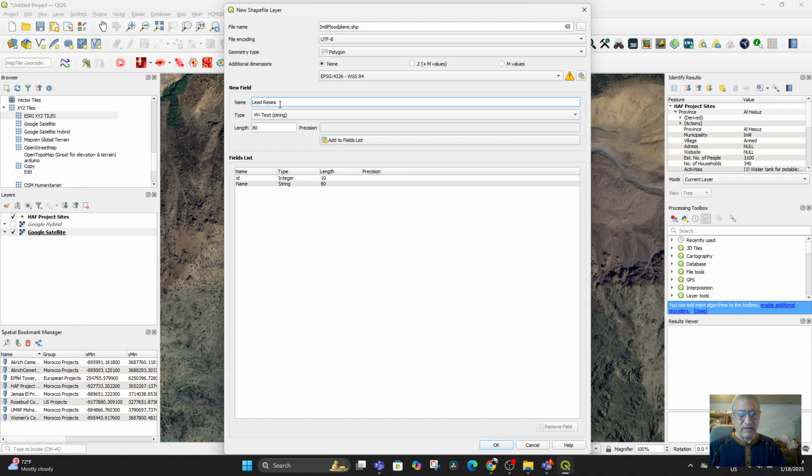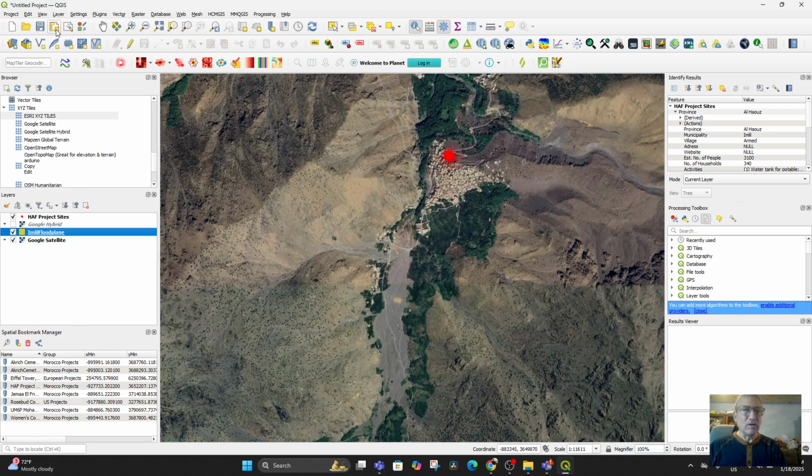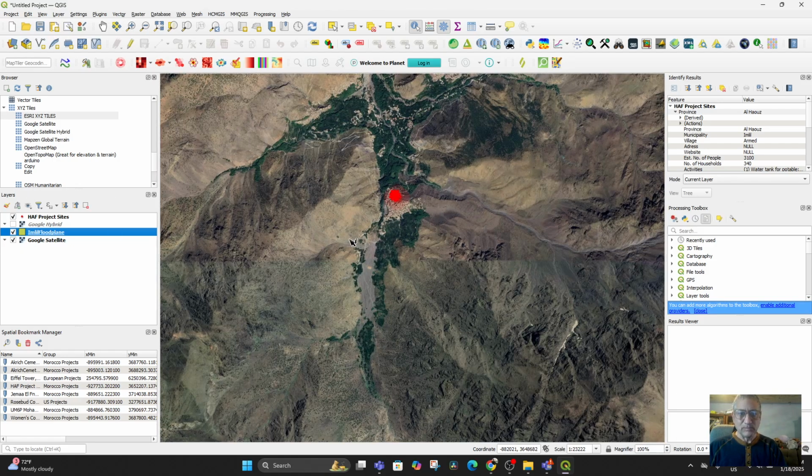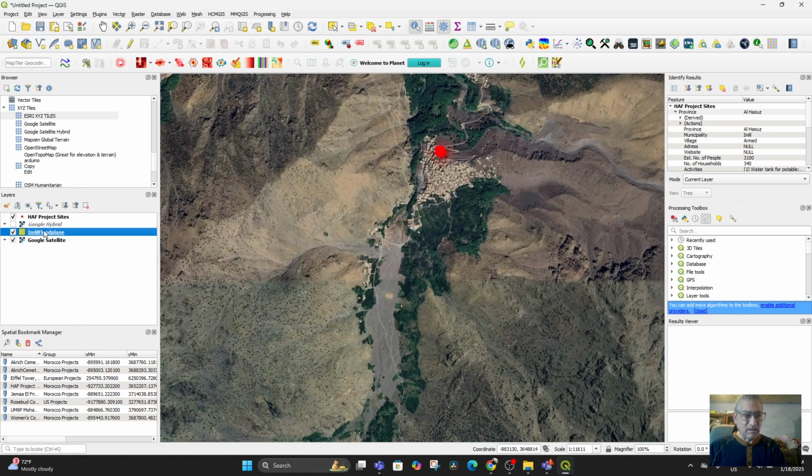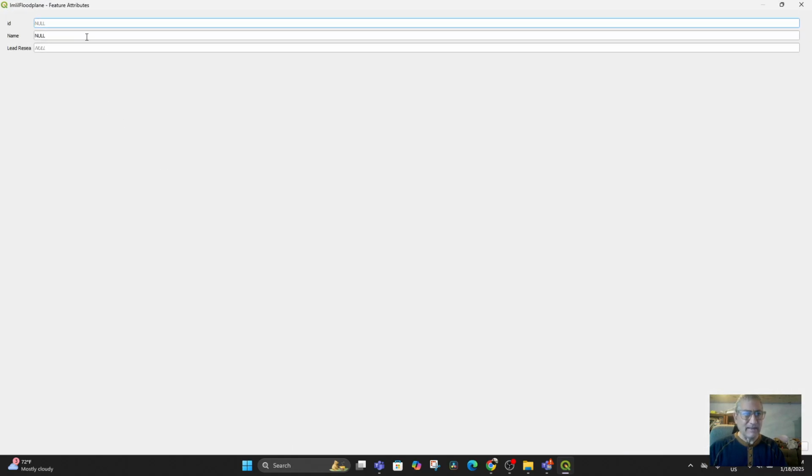And it doesn't let you write a whole bunch of stuff in there. You can add that field list in, and then say OK. And now, when you click on it, you can draw that polygon and say, well, I'm really only interested in here to here to here to here. And then right-click and then add the name